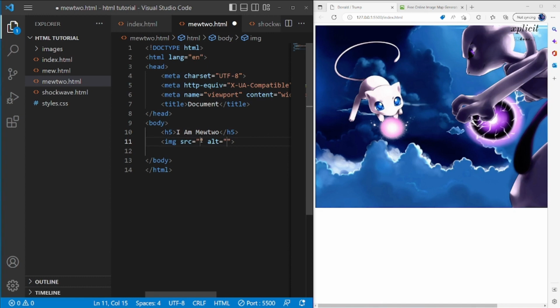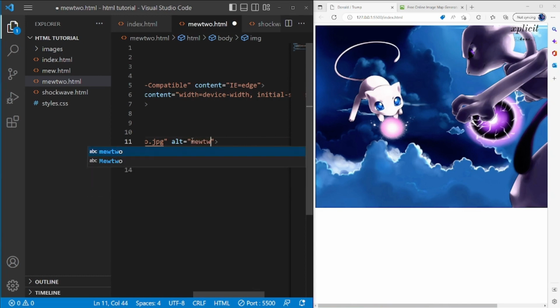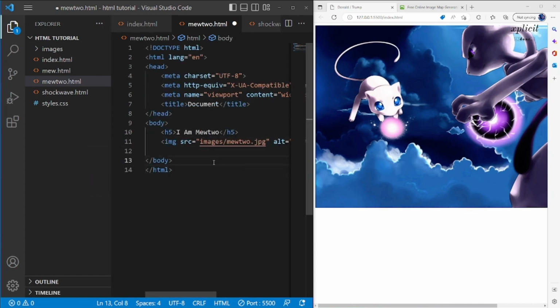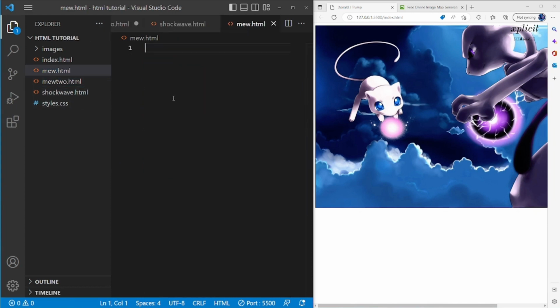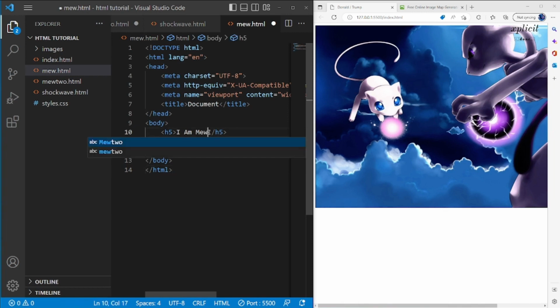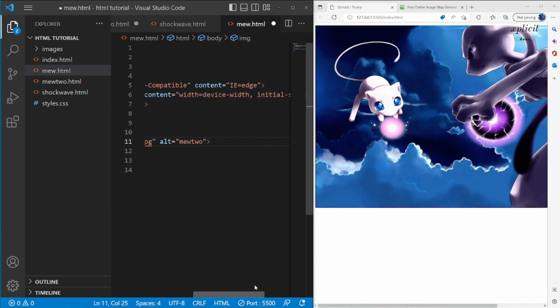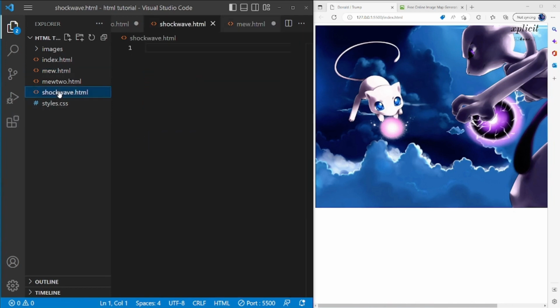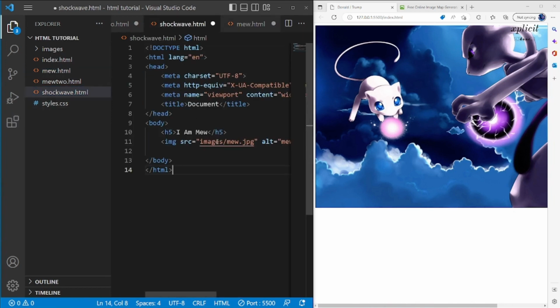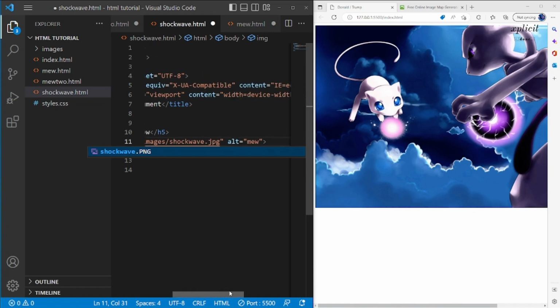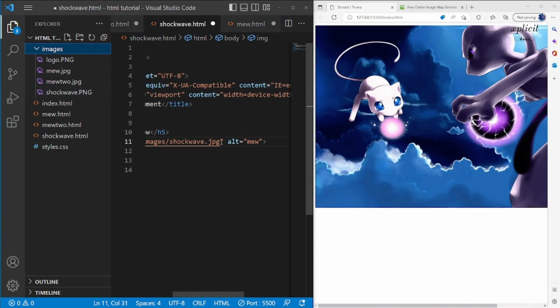And you would include within here this guy called mu2 that you're trying to navigate to, and probably you'll copy all this to mu, change the image of mu, do this again, and this one should be the shockwave of this guy. PNG,